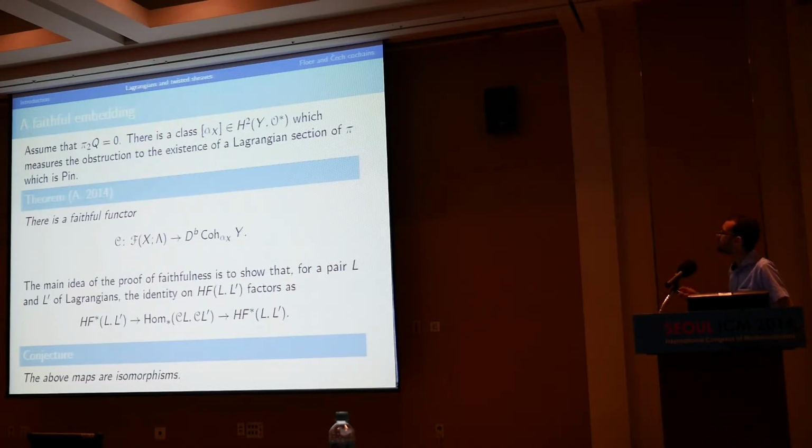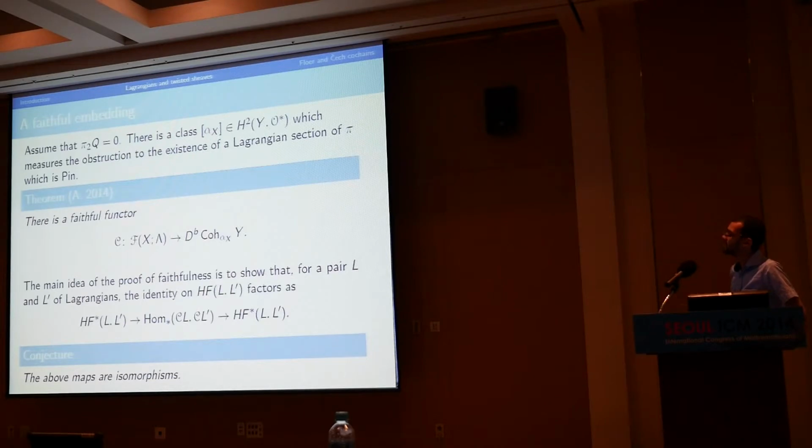Okay, so now I can state the main result, or what one can prove so far. So let me assume, this is a technical assumption, I don't know a single case where it's actually not satisfied, assume π_2 of the base is 0. So then, one can define a class in the second cohomology of Y with coefficients in O*, where O* are invertible functions. So basically, you take a cover of Y, and then for every triple intersection, you have an invertible function. And what you're going to do is use this invertible function to twist the notion of compatibility of modules over rings of functions.